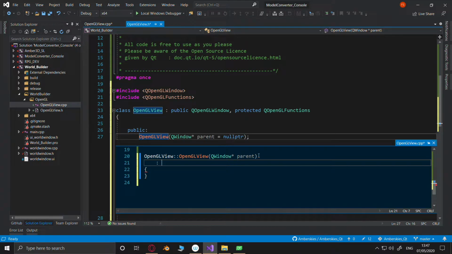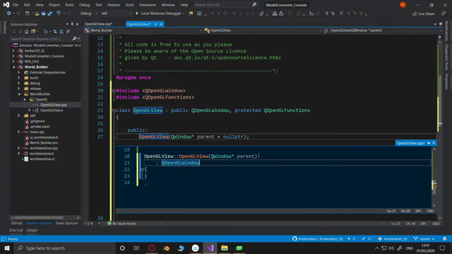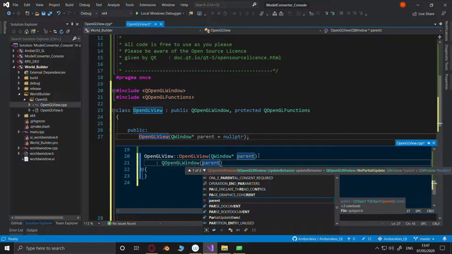That would be QOpenGLWindow parent. And it still doesn't like it.